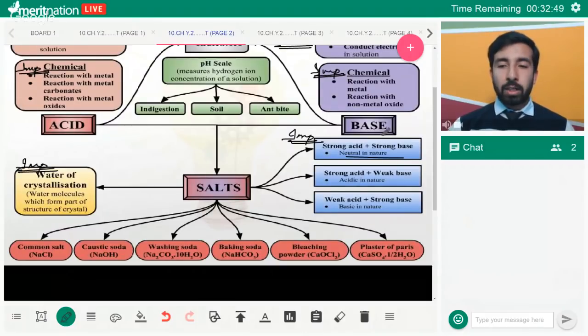It's dock plants. So when a strong acid reacts with a strong base, then the salt formed is neutral in nature. Similarly, if the acid is strong and the base is weak, then the salt formed would be acidic in nature, because we are using a strong acid. Similarly, when a weak acid reacts with a strong base,